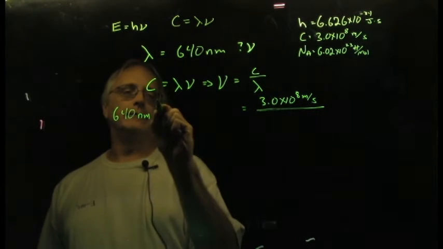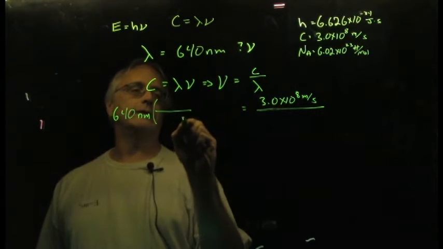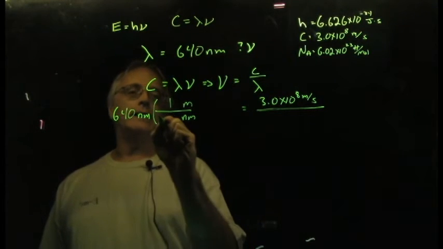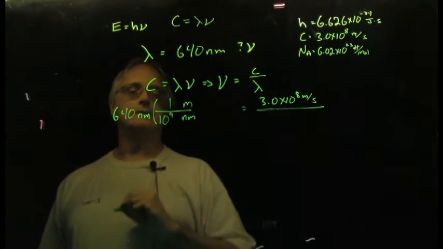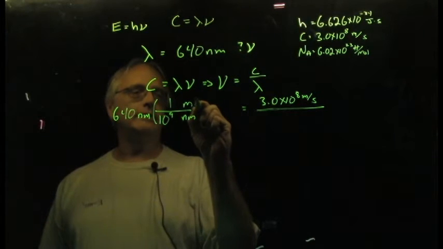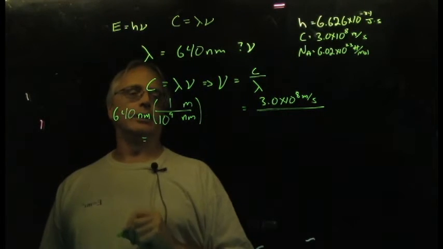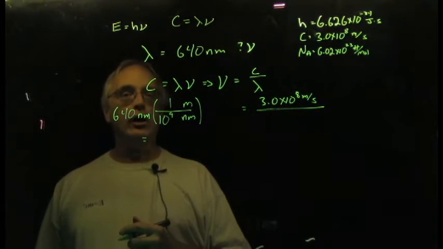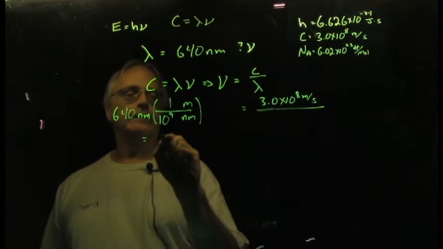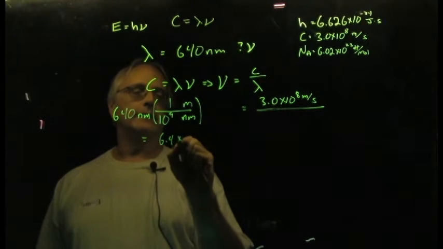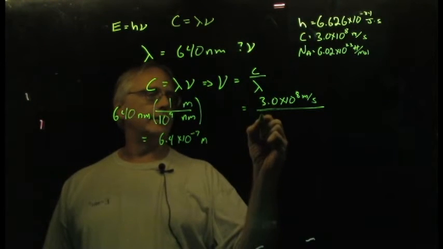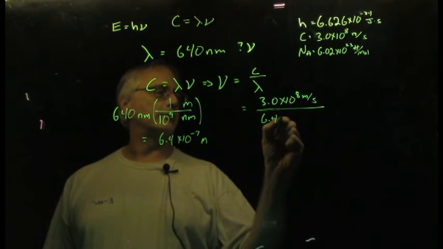into meters. And that means I have to do a quick metric conversion, nanometers to meters. And remember, nano is billionth. I need a billion nanometers, that's 10 to the 9th, nanometers to equal 1 meter. You could also do that calculation from 1 nanometer is a billionth of a meter. Either way will work. And if you punch that out on your calculator, you should get 6.4 times 10 to the minus 7th meters, the wavelength in meters, and now my units match up very nicely, 6.4 times 10 to